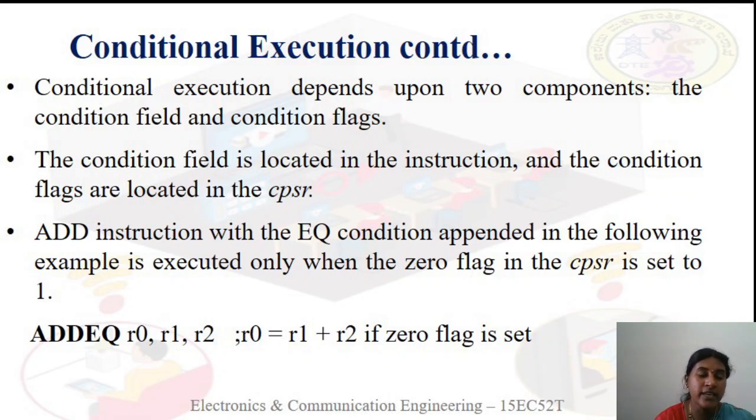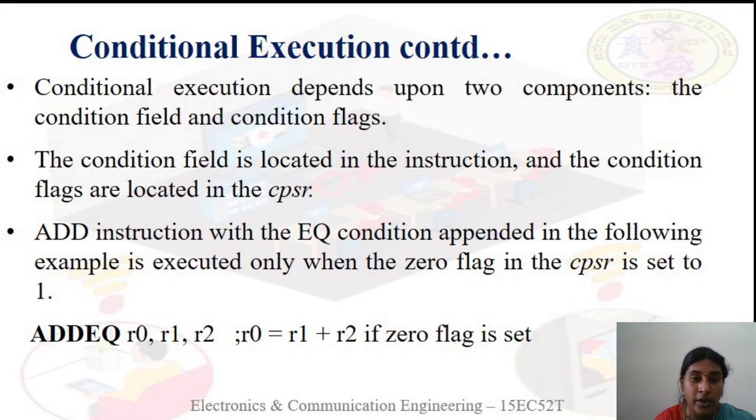But now consider this example. ADD EQ R0, R1, R2. Here I have appended one condition, that is the EQ condition. EQ means equal. So, ADD EQ R0, R1, R2. Now our ARM won't execute the instruction simply. It will see, oh, they have given some condition here. I have to check whether the